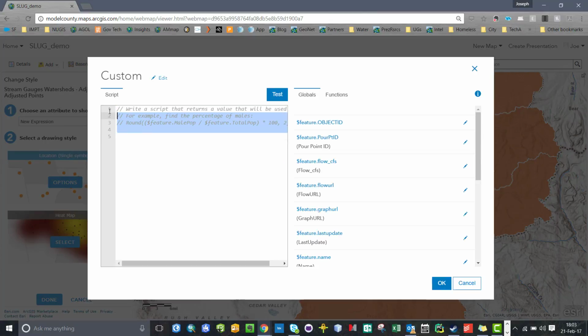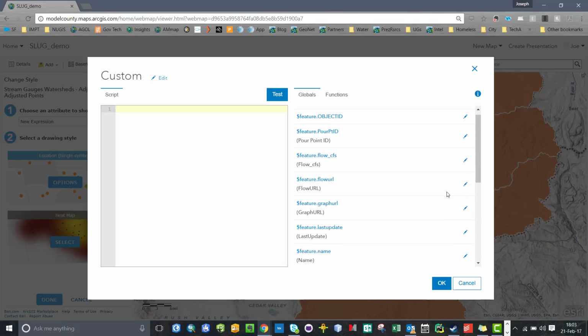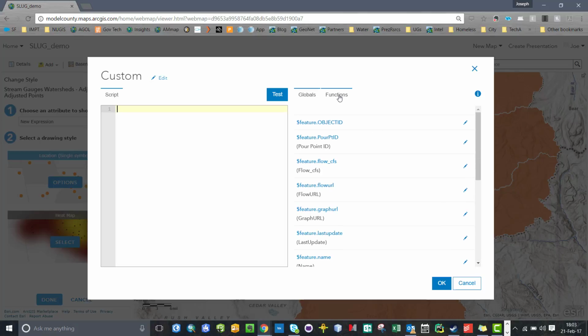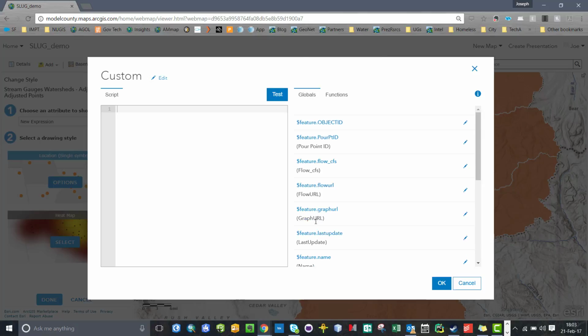What we're going to do is symbolize these symbol levels based on stream flow. So we do have a streamflow global object over here on the right, where you see we've got all of our attributes listed. We also have a geometry and a view scale object as well. And then we have a list of our functions over here. You can really dig deep if you want to, but today we're going to do some pretty simple visualizations here. So we'll go back to our globals and we'll see we have a cubic feet per second stream